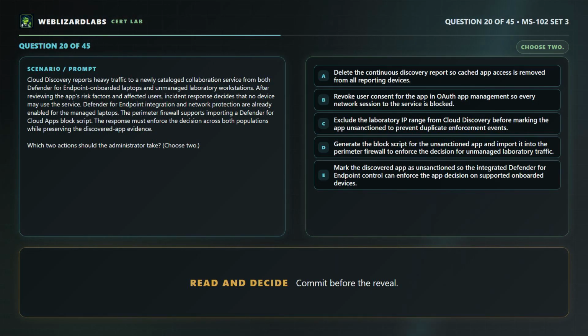The perimeter firewall supports importing a Defender for Cloud Apps block script. The response must enforce the decision across both populations while preserving the discovered app evidence. Which two actions should the administrator take? Choose two. Option A. Delete the continuous discovery report so cached app access is removed from all reporting devices. Option B. Revoke user consent for the app in OAuth App Management, so every network session to the service is